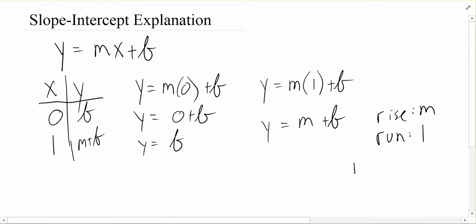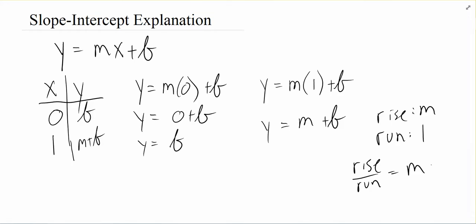So if we take our rise and divide by the run, that's m divided by 1, or it's m. So this m value really is the slope. Whatever the coefficient of your x is, that's what we're going to rise by every time we run by 1. And so it's our rise over our run. And so that's just a brief explanation then of why this form works. Now we want to get into some examples and see how we're going to make it work. What are we actually going to use this for?